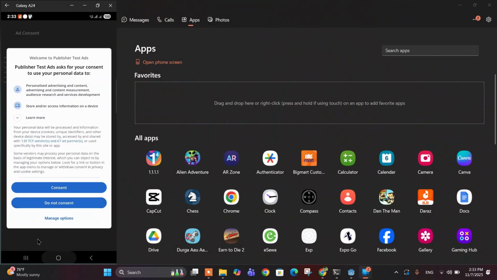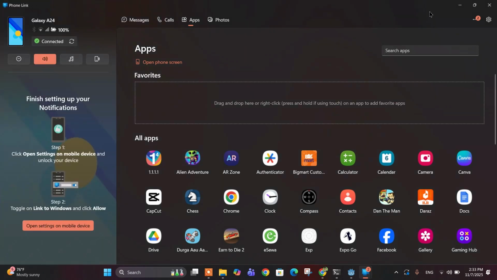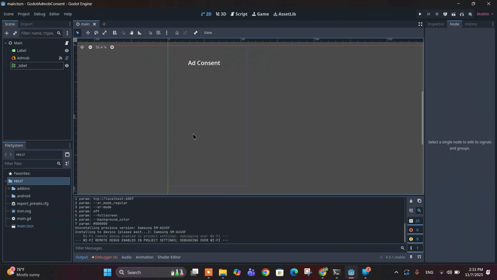Okay, so once we have run our app, it will show this type of consent screen message. Okay, and if I click on the consent, that's it, and we can see some of the debug messages here. Okay, so we can see our consent message now. Yeah, and the user can click on those buttons and